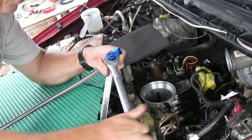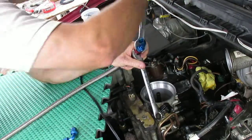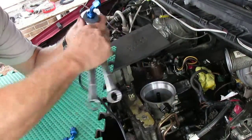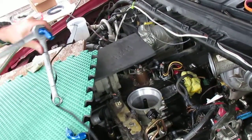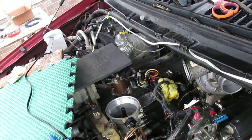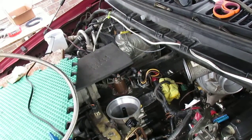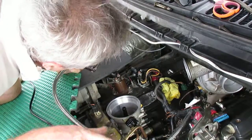If I can figure out how to speed this up, I'll speed it up some. I don't really want to be watching somebody screw a fitting on. These things are a pain to work with. Alright, there. Alright, now we got it. There, so. Alright, for this one here, we're going to go